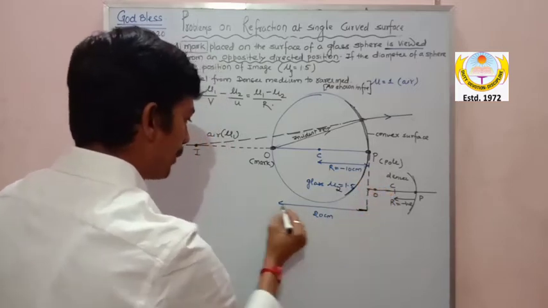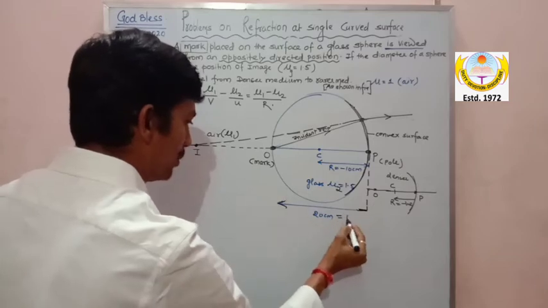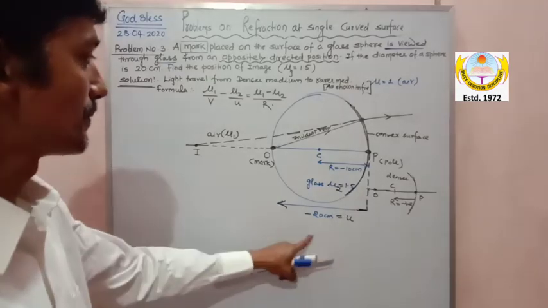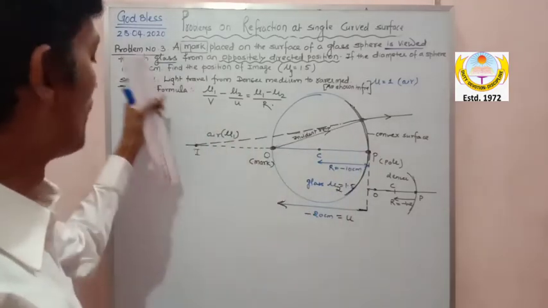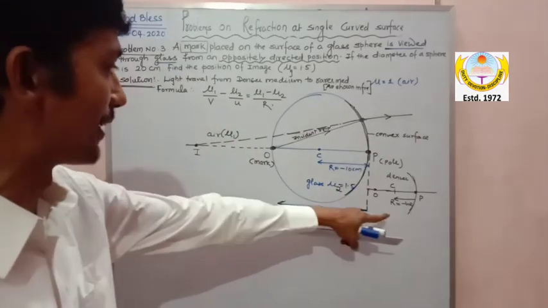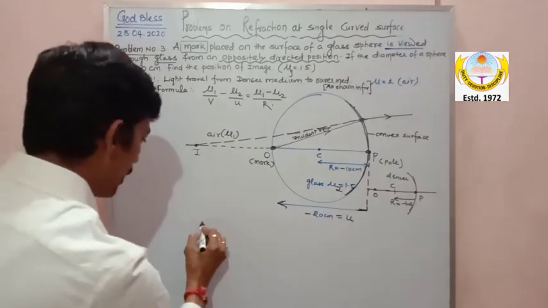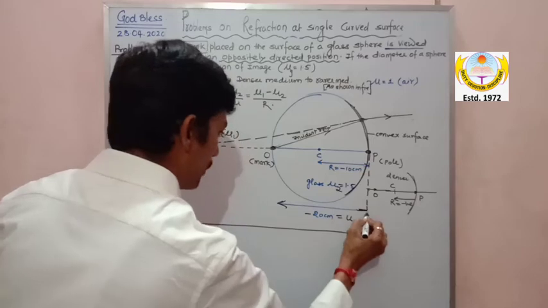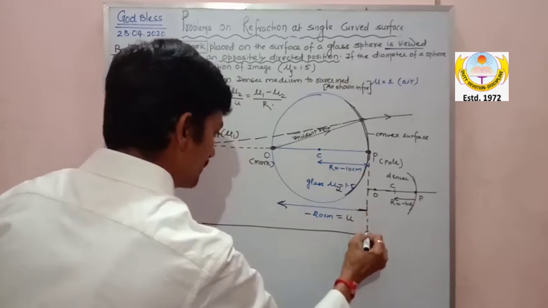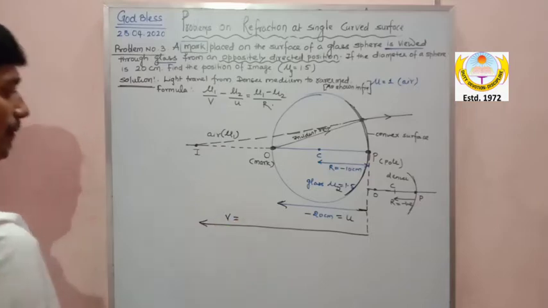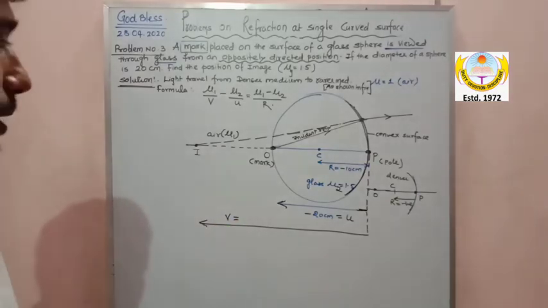So here is the pole and this will become u and that u becomes minus 20. So the diameter that was there becomes the object distance and that is minus 20. And here, my dear, this is your image distance from the pole, which we will calculate in a short moment of time. So I hope you are all clear.